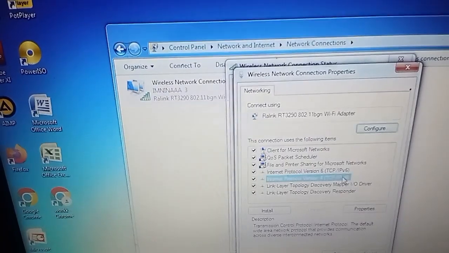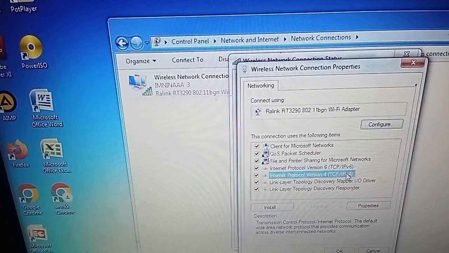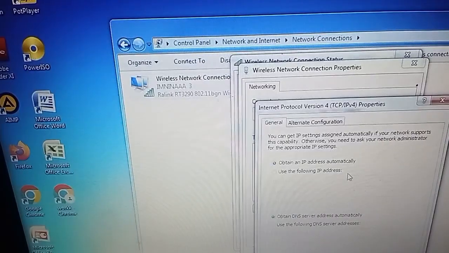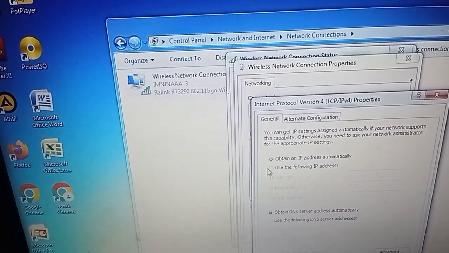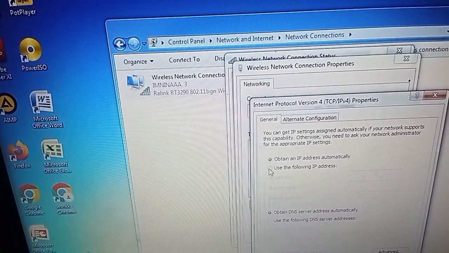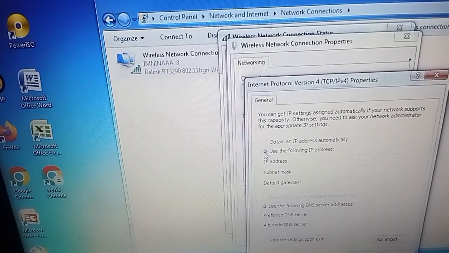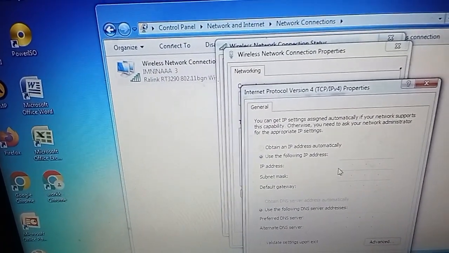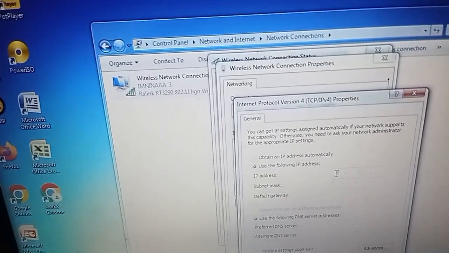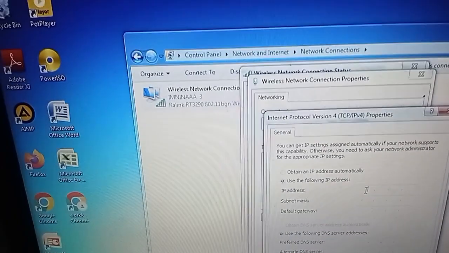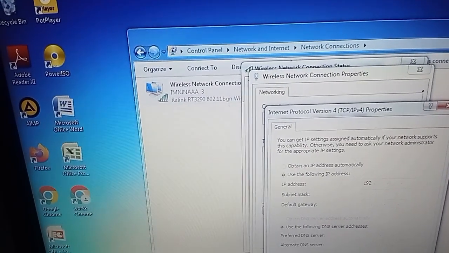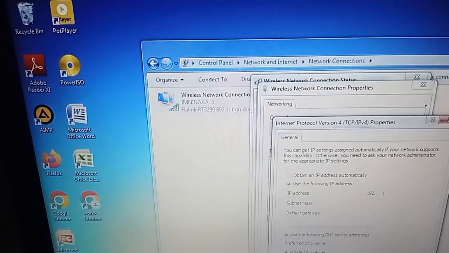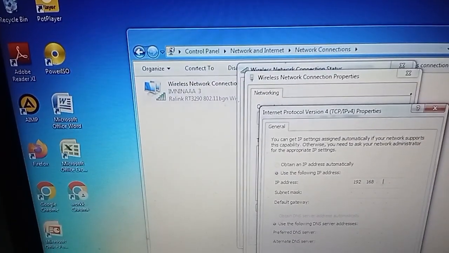Now I enter the IP address 192.168.10.1. As you can see, this is an example of a private IP address used in a local network. This type of IP address is commonly used in homes, schools, and offices.